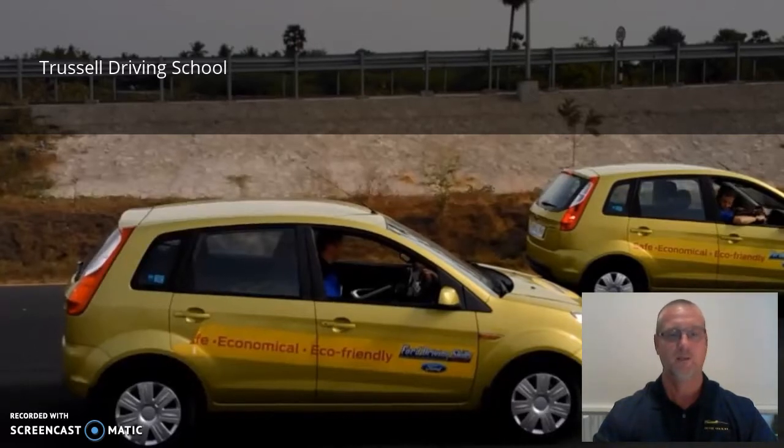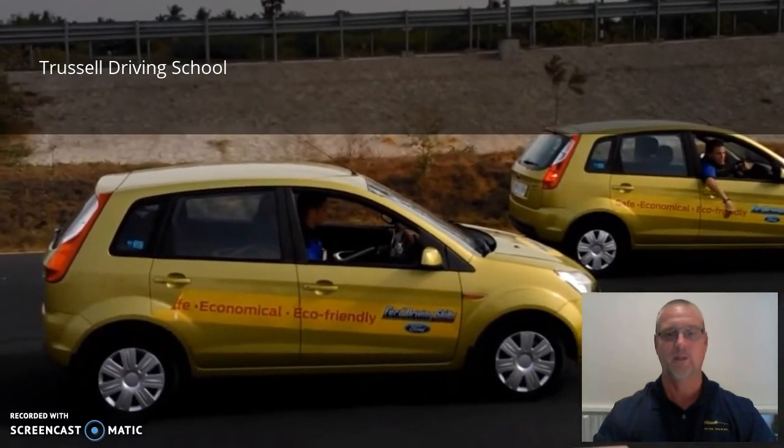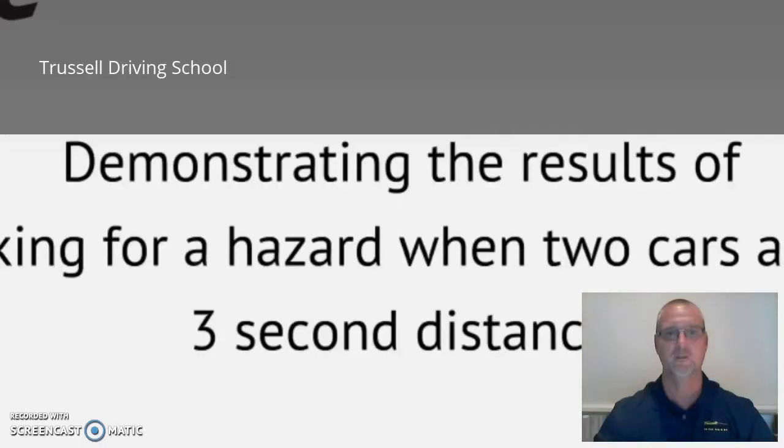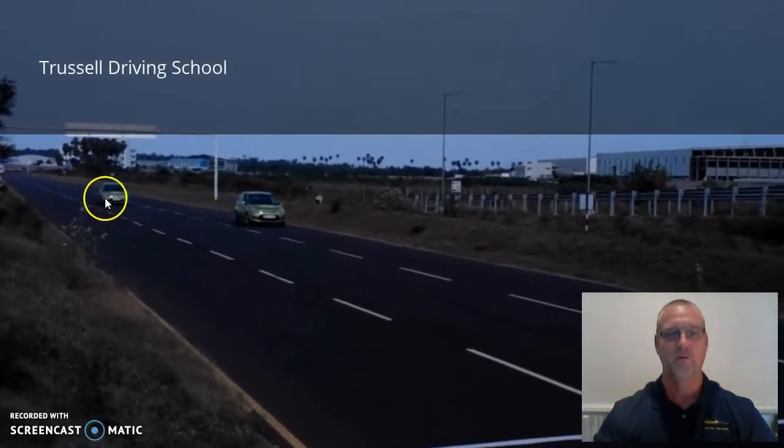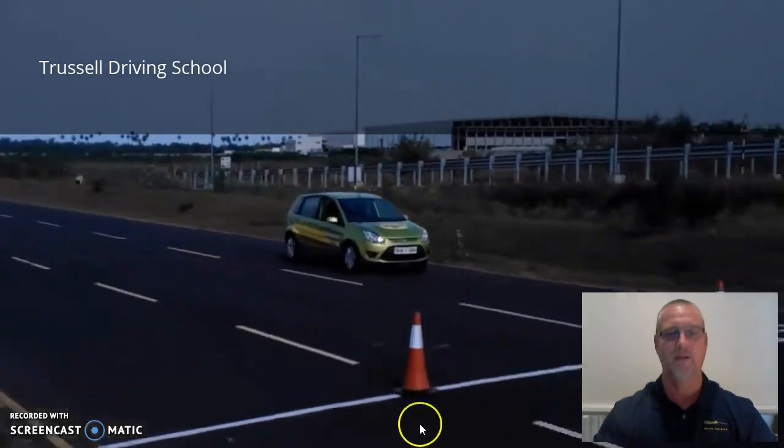So now let's take a look at what 3 seconds looks like. And again, this is the minimum distance I would recommend for anyone. So this car 2 now is at 3 seconds behind. So 1001, 1002, 1003, they reach that line, they brake, and you can clearly see that there is a space gap in the middle. Again, I recommend 4 seconds, especially with a newly licensed driver,